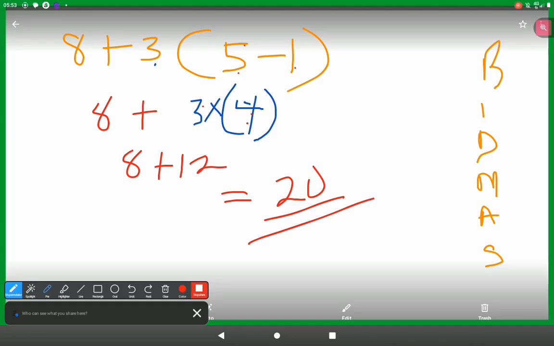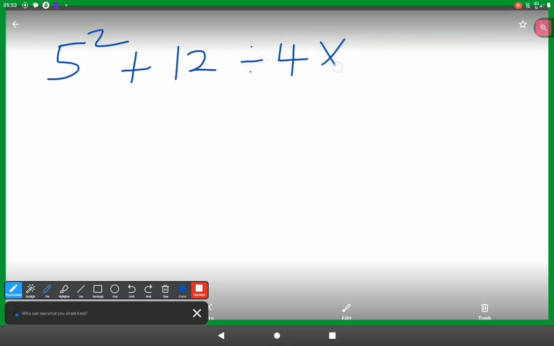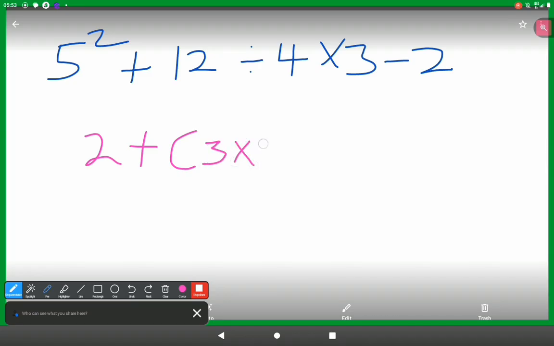Alright, we're going to stop here for today. You can try these questions and drop your answers in the comment section. What is 5 by the power of 2 plus 12 divided by 4 times 3 subtract 2? And also try the second question. 2 plus 3 times 2 minus 5. Alright,